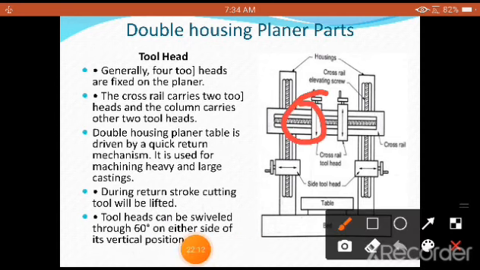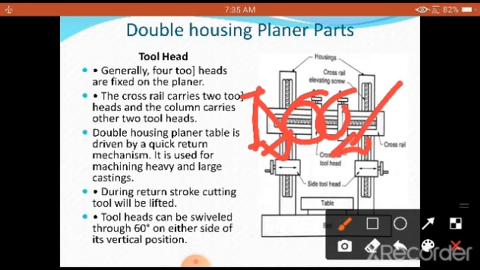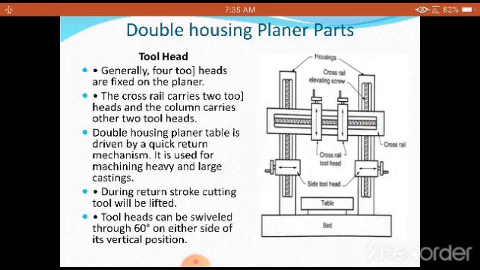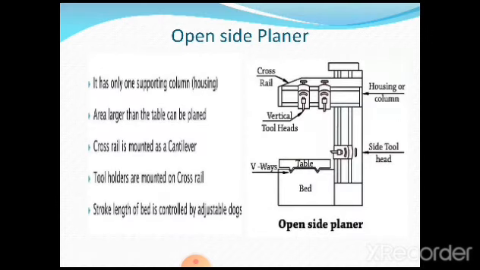Whatever tool heads you see now straight like this can be swiveled at any angle like this. So that provision is there on a tool head, so that it is possible to go for angular surface planing operation. Okay, that is the main purpose of giving some inclination to the tools provided on a tool head. The entire tool head itself can be swiveled at the required angle.